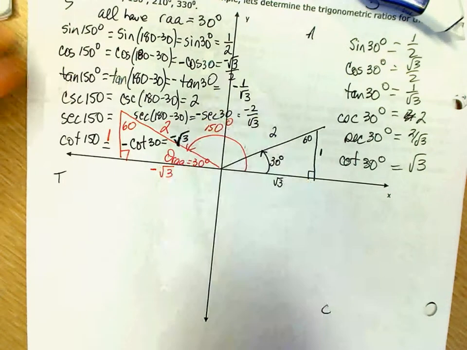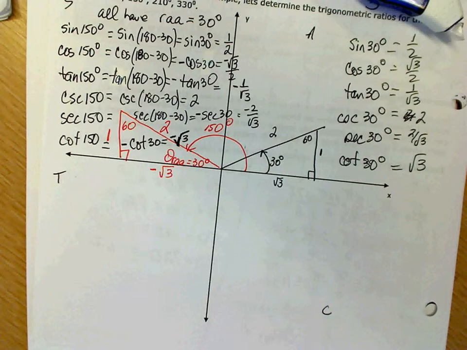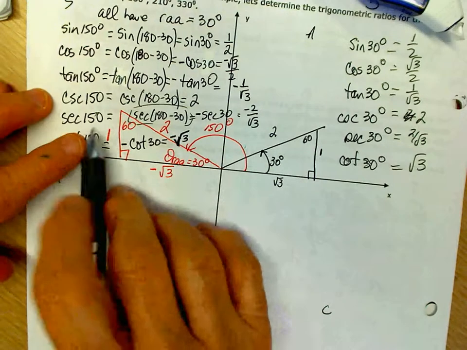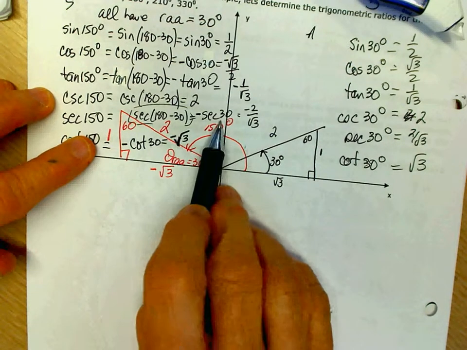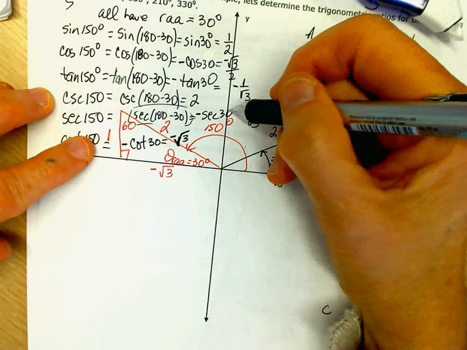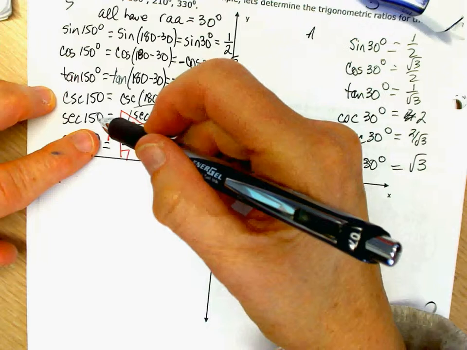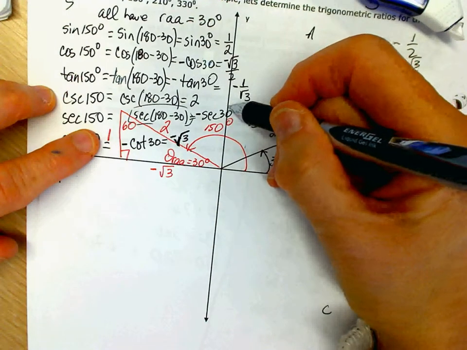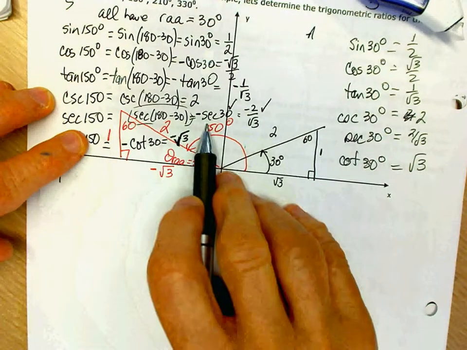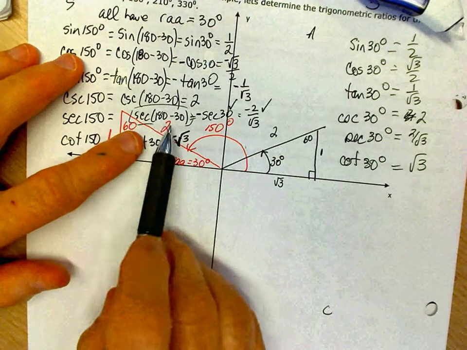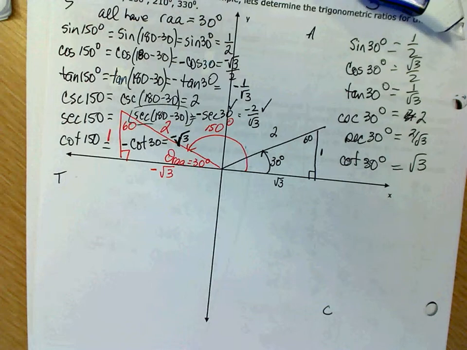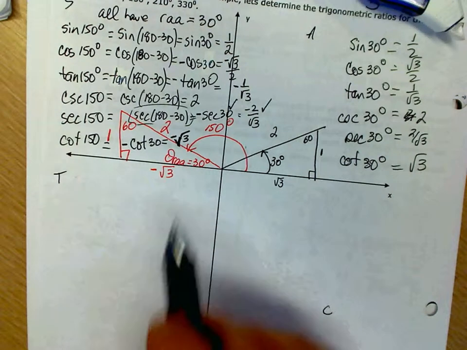What is that middle step really doing? This one here? You're just rewriting this. This is your stepping stone to get to here. If you don't need that step, that's fine. Because a test question will be worded like this: write secant 150 as a function of its related acute angle, 1 mark, and evaluate, 1 mark. So if you can jump to there, that's fine. This is to help you identify what the related acute angle is, that's all. But if you know the related acute angle of 150 is 30, then